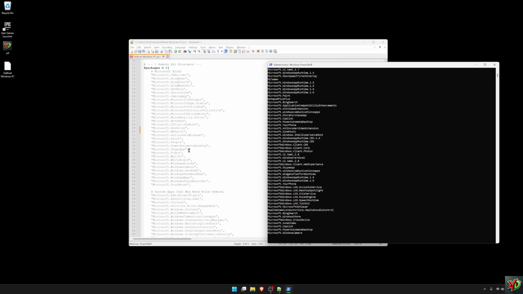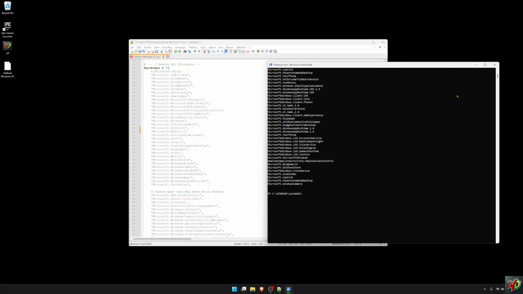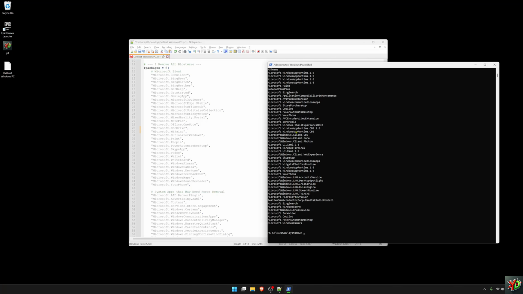that in the description. Now, before I close out of this, there is a way to also remove applications or packages from PowerShell. Now, it's tedious because if you're removing a dozen or more, then you will have to do this manually for each one. But I'll show you guys how to remove them anyways. So let's go ahead and actually choose one. For example, Your Phone,